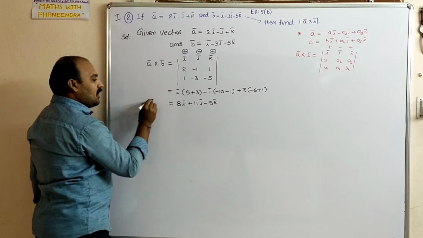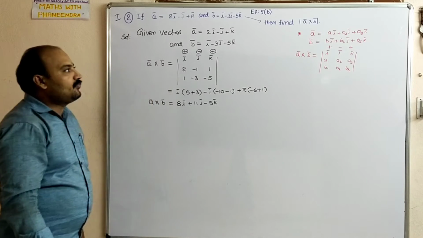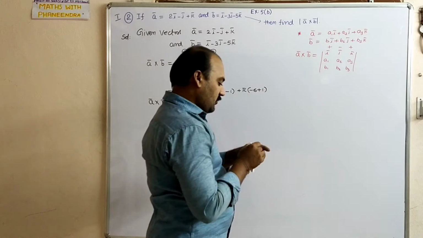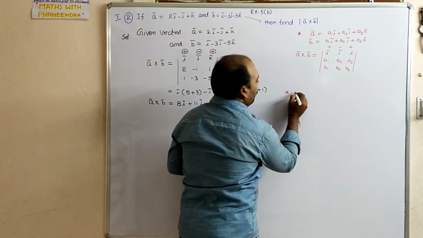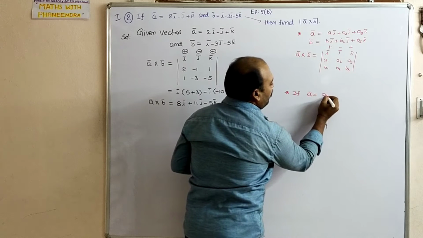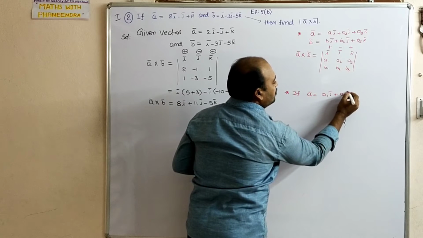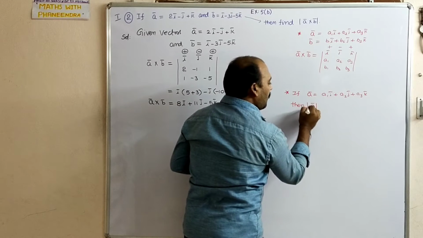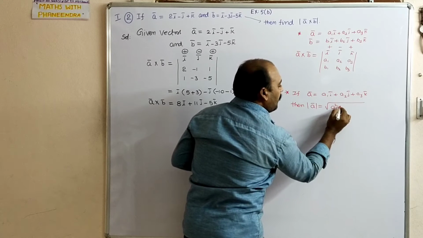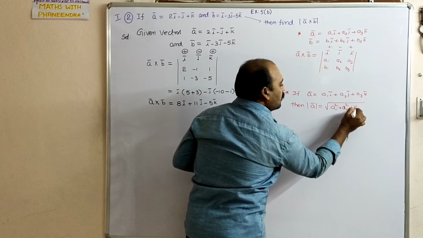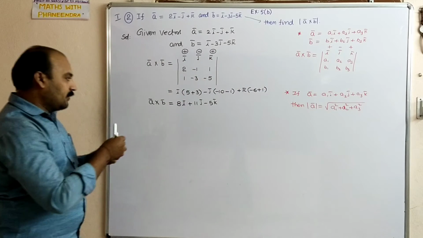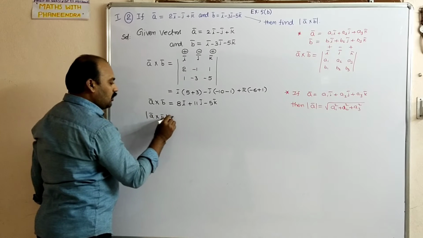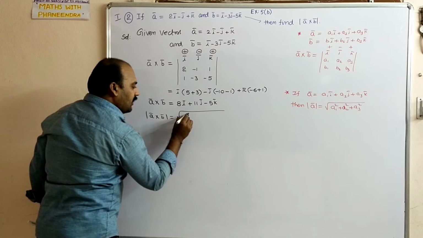This is A bar cross B bar. They are asking to calculate the magnitude of the vector. We also know that if A bar equal to A1i plus A2j plus A3k, then the magnitude of A bar, mod A bar, equal to square root of A1 square plus A2 square plus A3 square. So by using this formula, the magnitude of A bar cross B bar equal to square root of 8 square